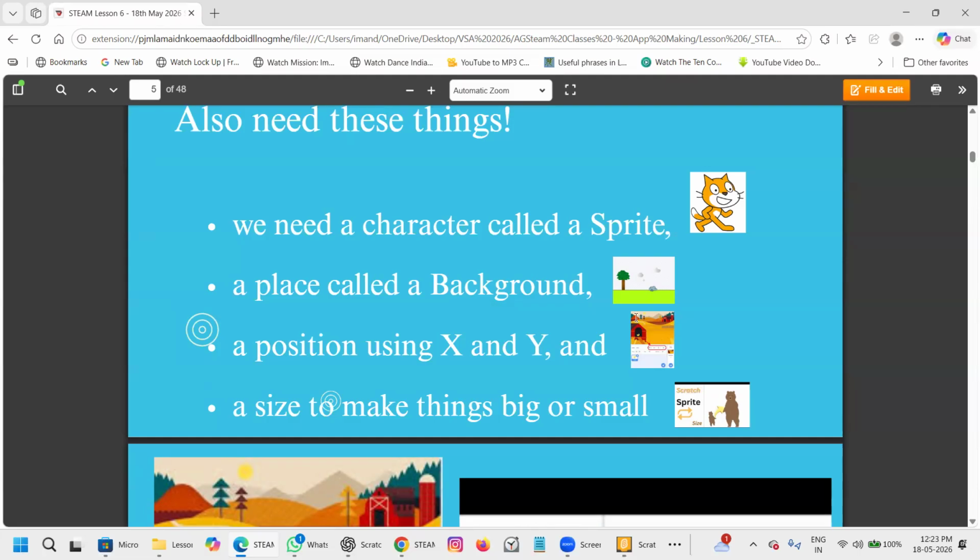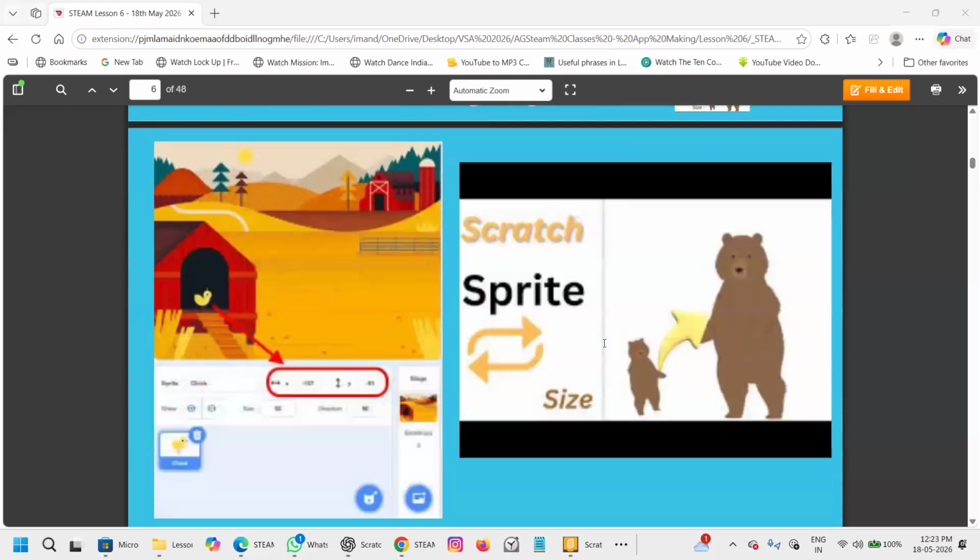Yes, blocks, code. Changing the size, background, ground, screen, yes. Movement, yes. Very good. Moving left and right, up and down. Position, very good, Zora. See how interesting it is to see when you're right. I am so excited to teach more. Screen, right. Okay, so we move on to the next part.